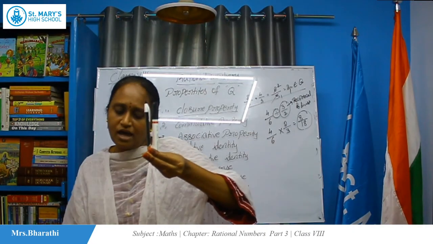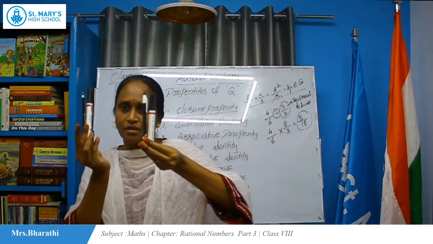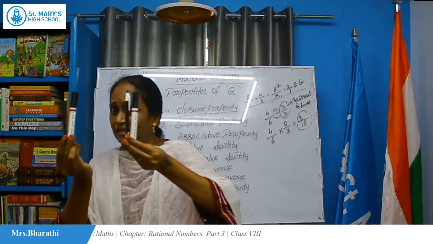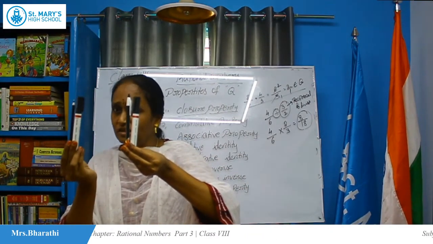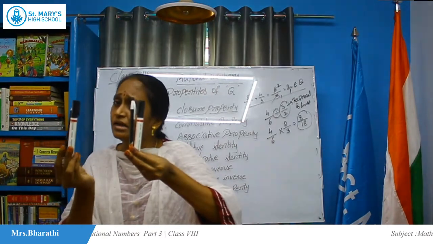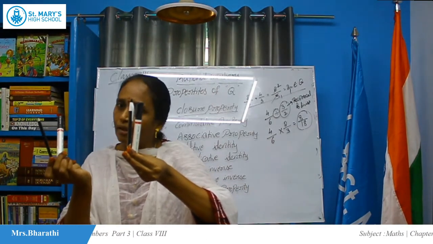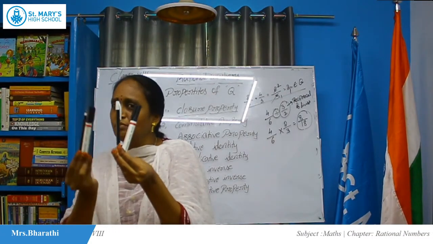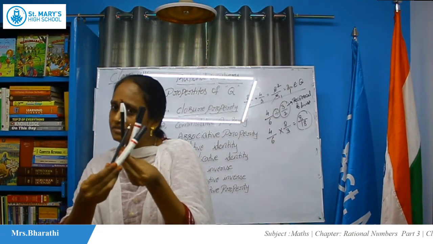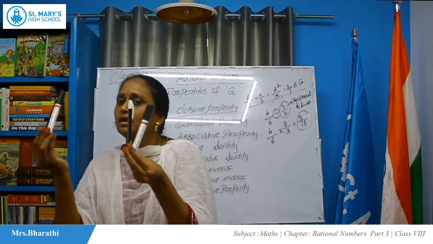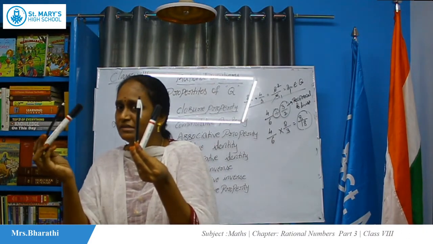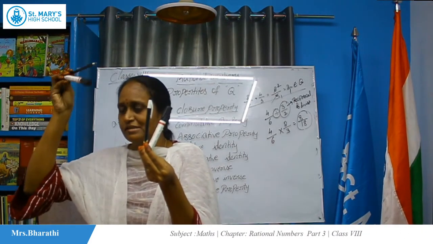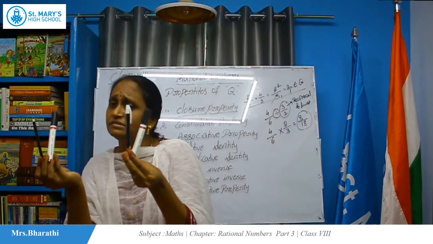Now see here, what you will get here, in first place what is here? The first place is marker and second place is black pen. So now here see, here the first place is black pen and second place is marker. In this hand, what is the first place here? The first place is marker and second place is black pen.